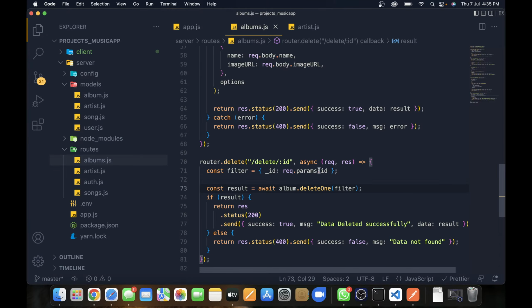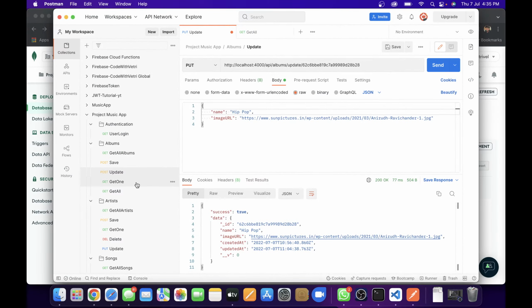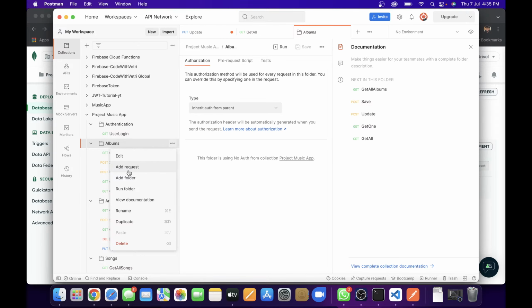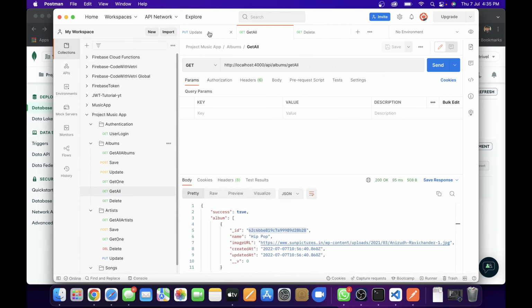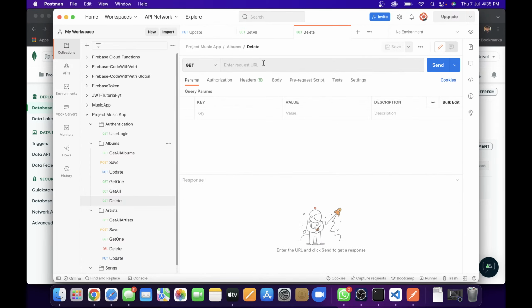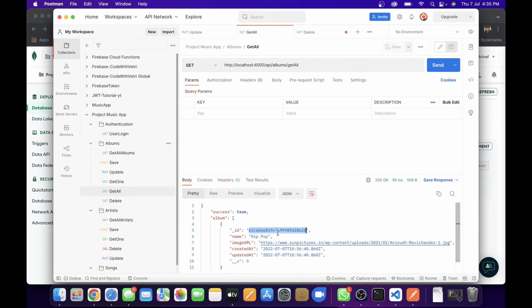So let's save the changes, go back here, and I'm going to create one more request in the albums, and that is going to be the delete request, delete. And from here, I'm just going to copy this, save this, and I'm going to paste it here. This is not going to be artist, this is going to be albums delete, and we are not going to use that ID, we are going to use this ID,